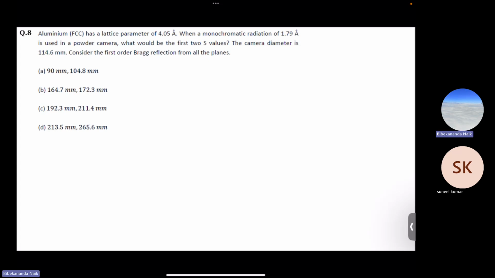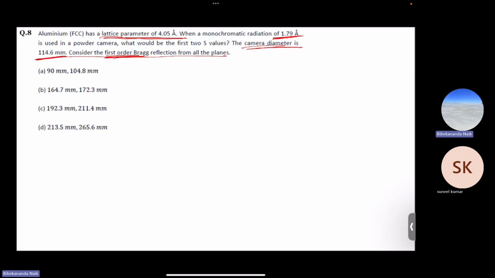Consider the first order Bragg's reflection from all the planes. The lattice parameter is 4.05 Armstrong and the wavelength of X-ray used is 1.79 Armstrong. And here we need to find the distance S where